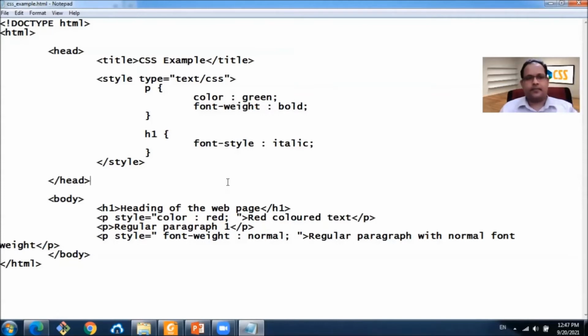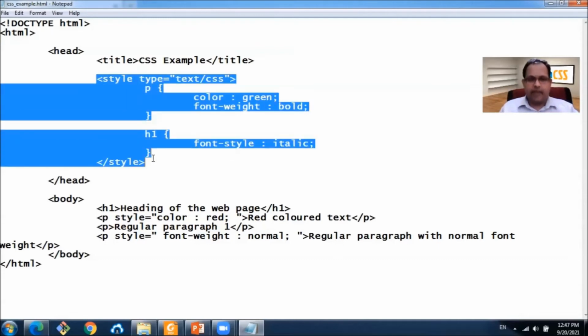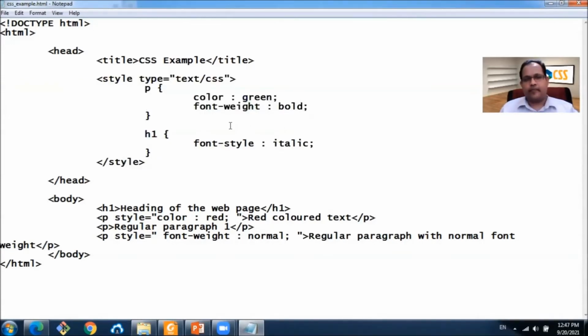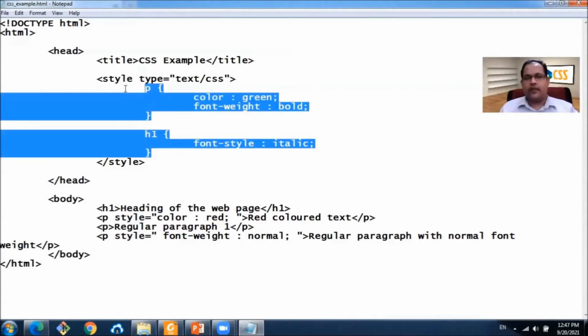Right. Now that's it with the internal paragraphs. As you can see, if we have multiple web pages in a website, unless we specify the same style across all the pages, other web pages will not have these styles applied. How can we accomplish the task of applying these styles to all the pages?